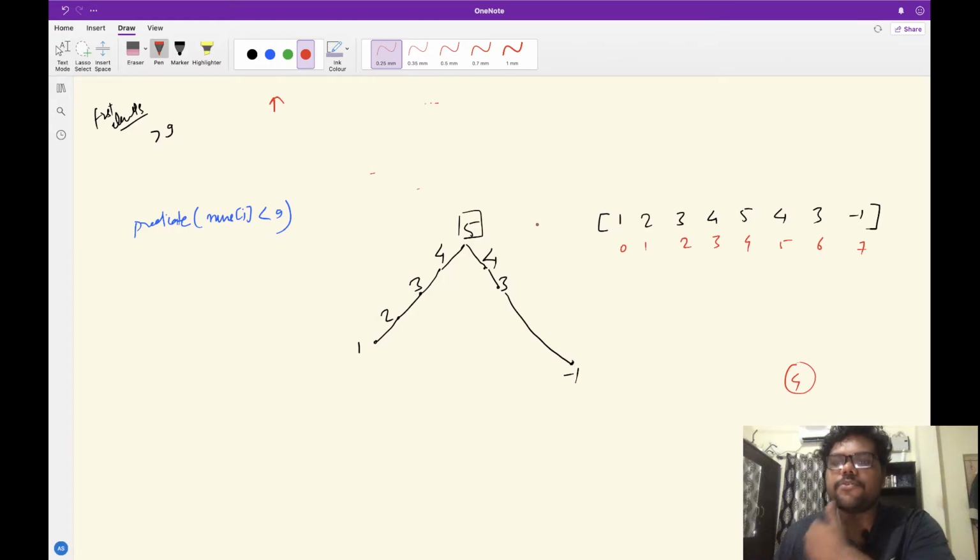If you see the property of 5, it is greater than both of its neighbors. Let's say this is at index i, and this is nums[i]. Is nums[i] greater than nums[i+1]?